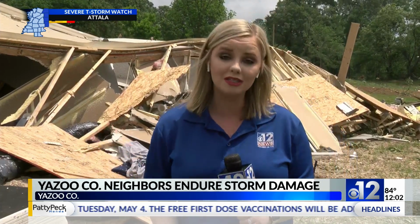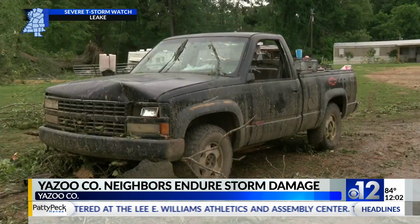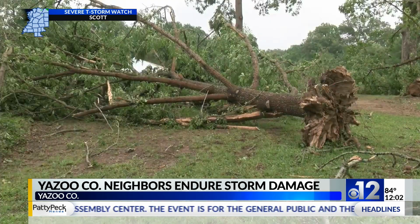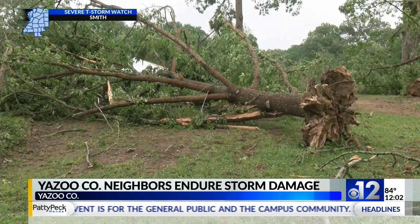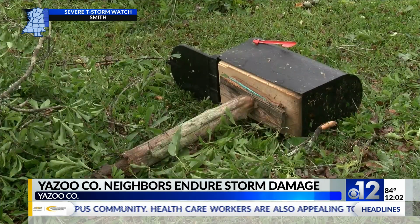Well, Jade, the damage here is really localized to this hilltop. The family that owns this mobile trailer behind me says that their son was actually inside when the tornado came through. Now, the family has lived here on Poor Road for roughly 60 years. They purchased this new trailer home about a week ago, and I spoke to the homeowner who says his son was inside at the time when the tornado came through, but he made it out somehow with only minor cuts